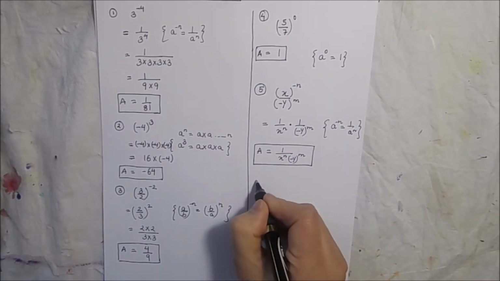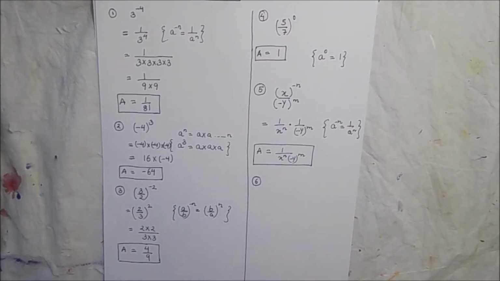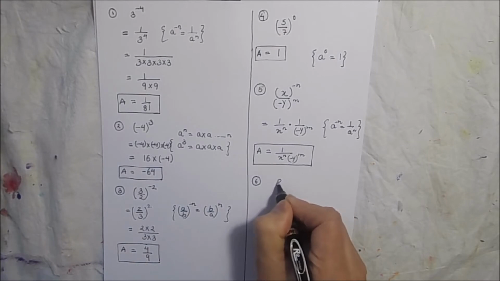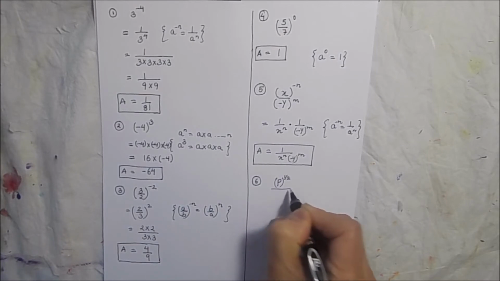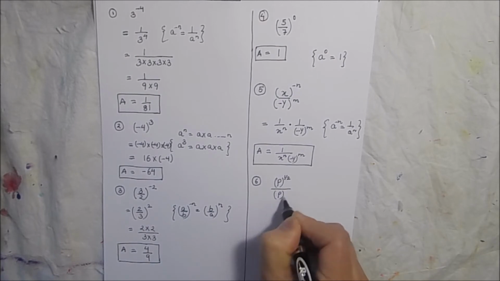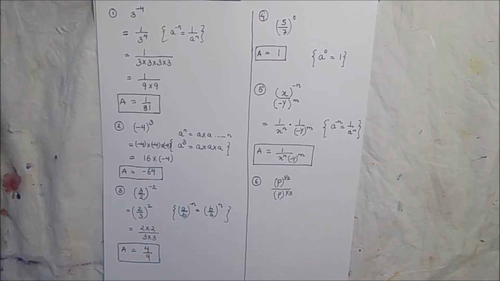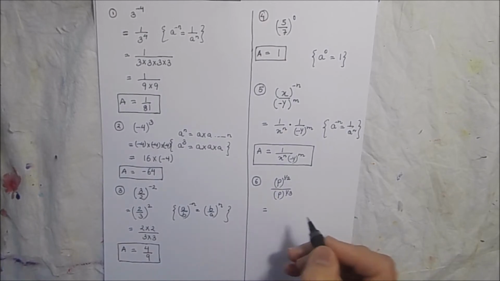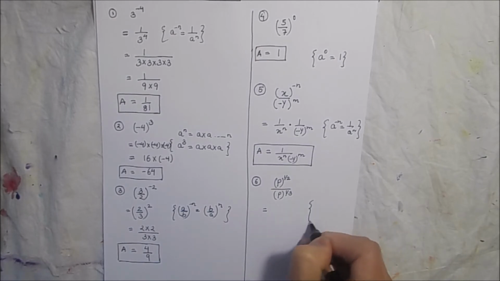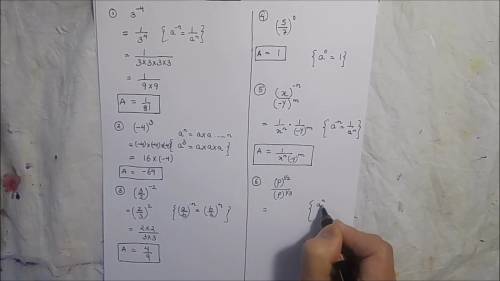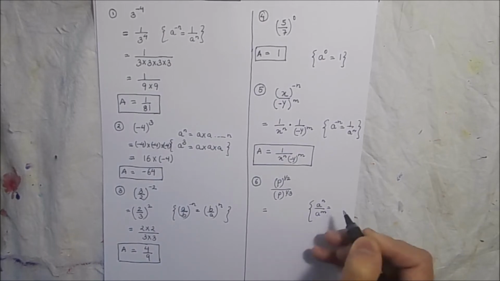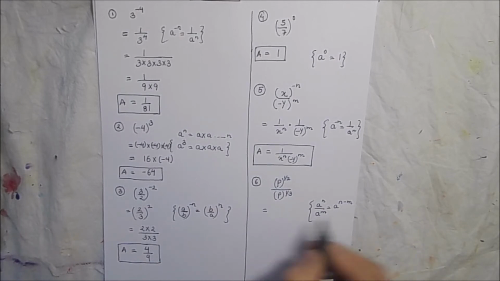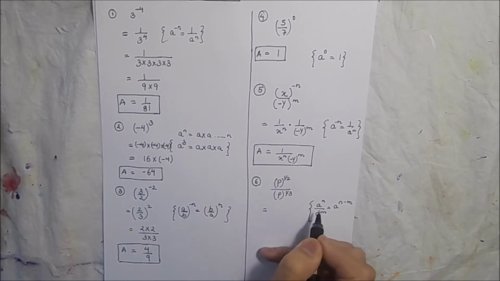Now let us take one more example in which we take a fractional exponent. So here, if we take an example like p raised to power half over p raised to power 1 by 3. For solving this fractional exponent, we are going to use the fractional exponent rule, which is a to the power n over a to the power m will be equal to a to the power n minus m when the bases are same. So here we see that the bases are same.